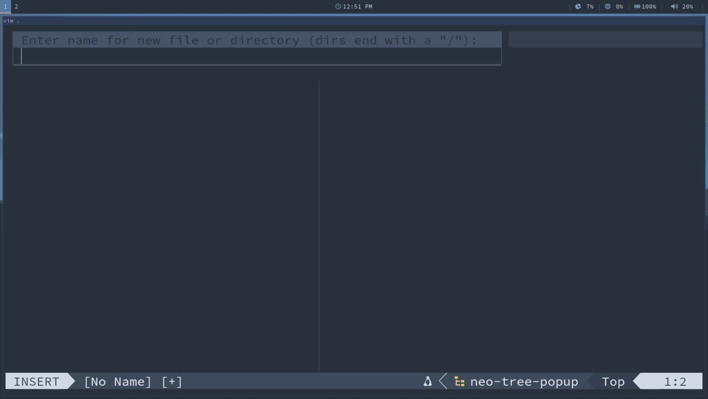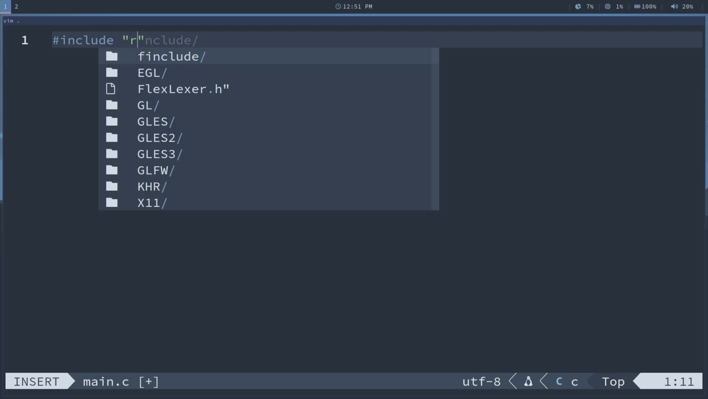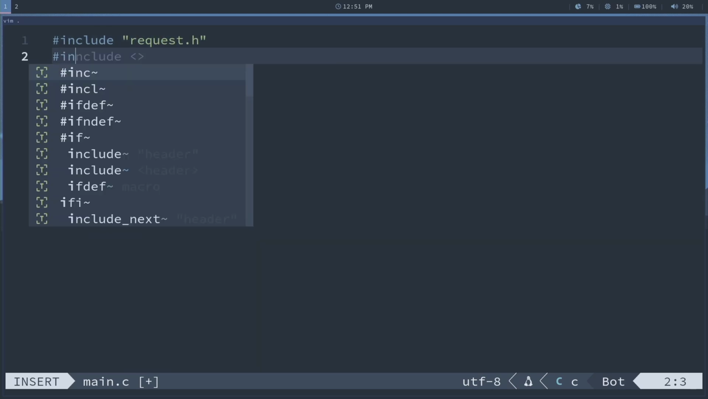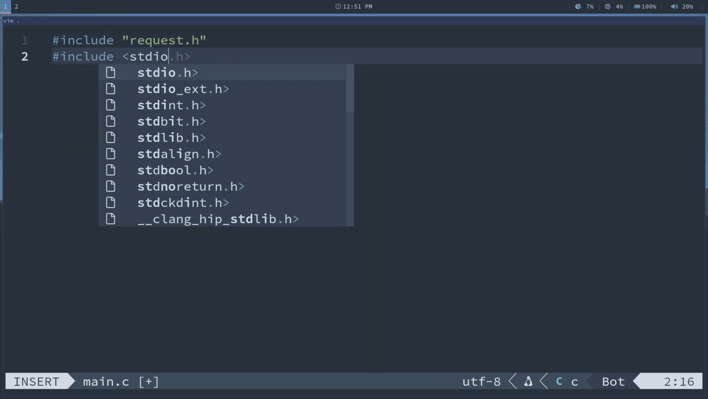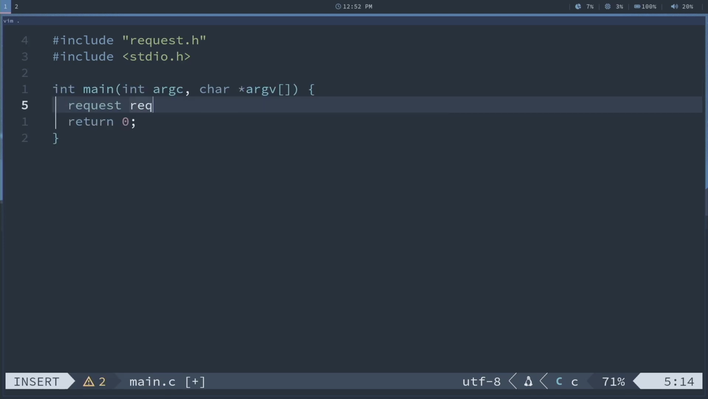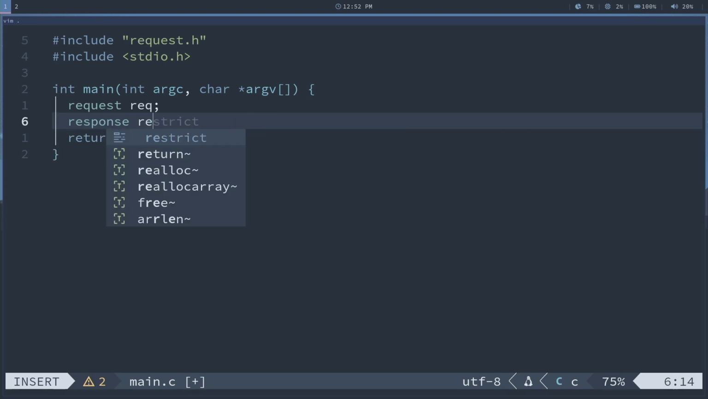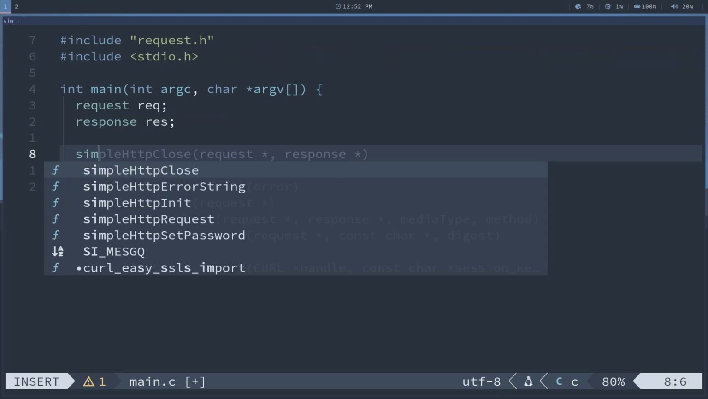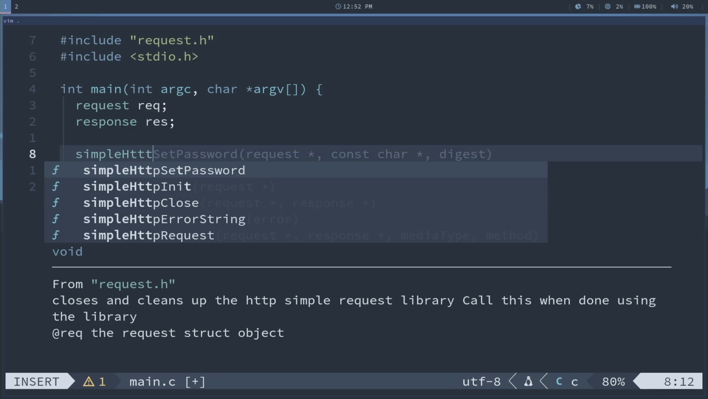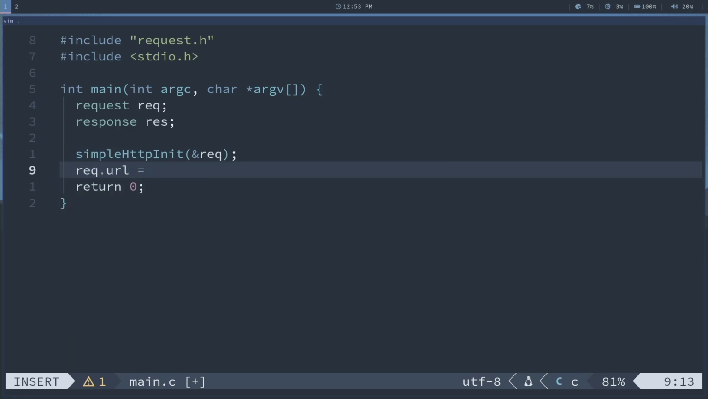Okay, let's make a simple test to see if this all works. Make a file called main.c. I'm going to start with including my request.h, and we're going to output something, so we need stdio.h. Okay, let's get started. We need a request object. I'll call it req, and we need a response object. I'll call it res. Now, before we do anything, we need to call simple_http_init. In our request object, there is a URL field, so I'm going to do a simple